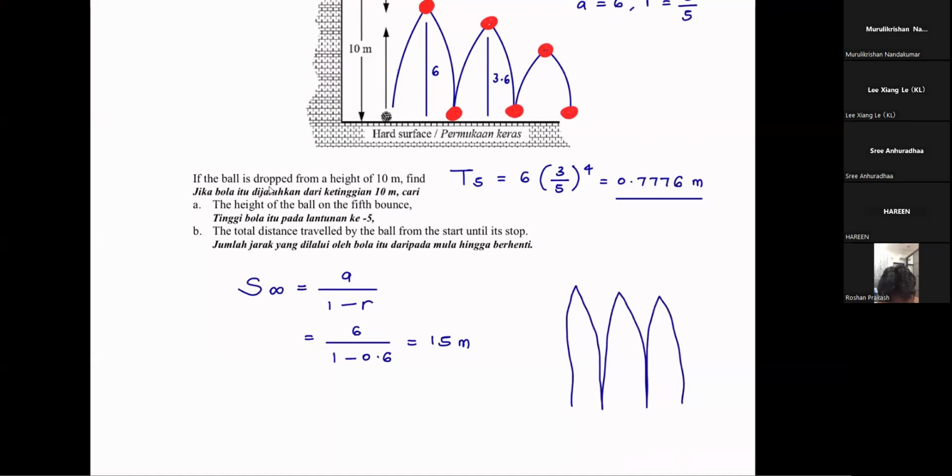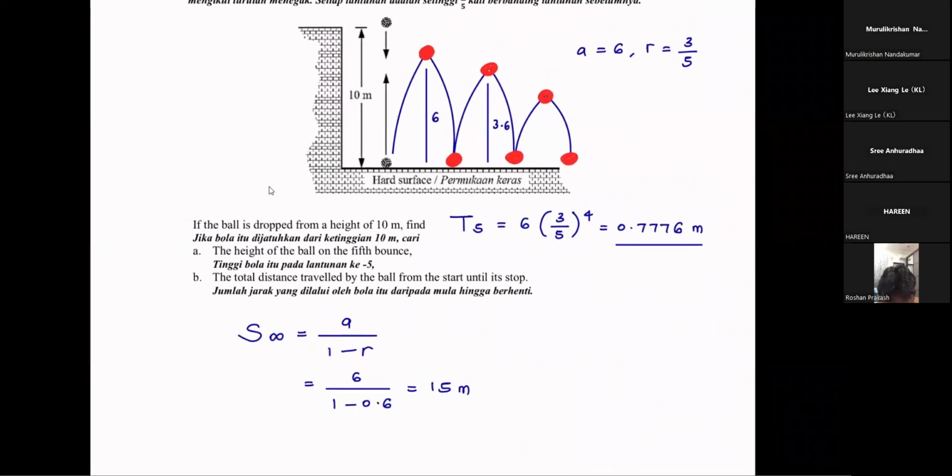Faham tak? That means the ball, you look at this one. Mana dia pointing? Okay, can you see my pointer? You see, the ball will go 6 meter and will come down 6 meter. Will go 3.6 meter, down 3.6 meter. Faham tak apa yang berlaku? Nampak kan? That means this value yang you dapat ni, this value is not